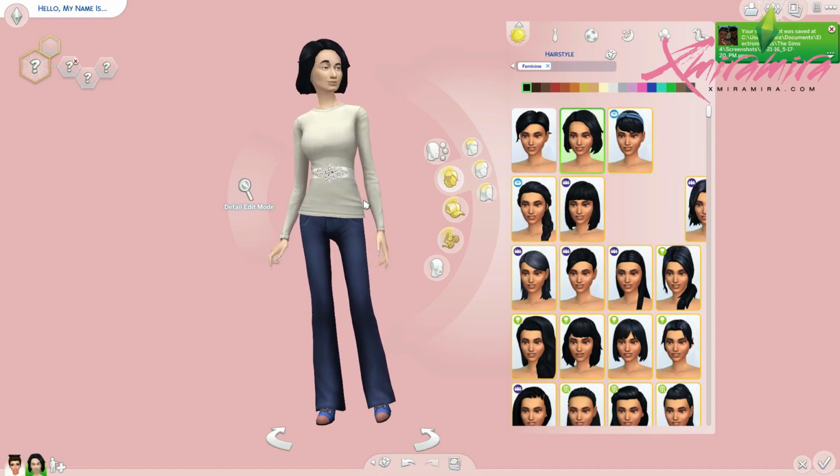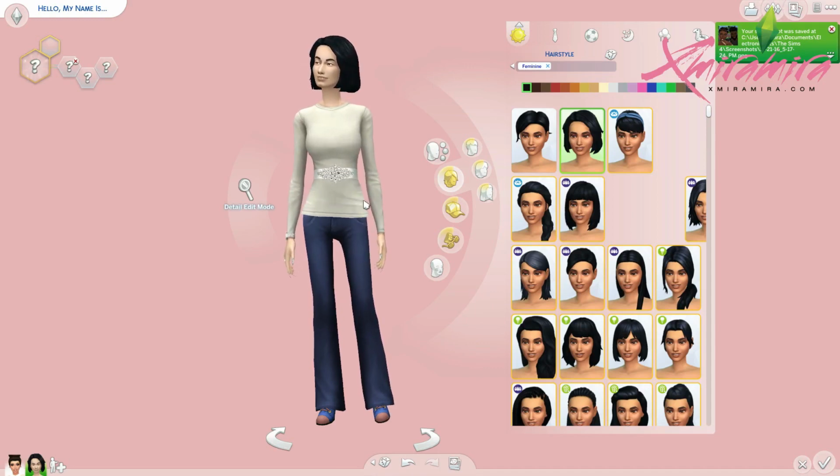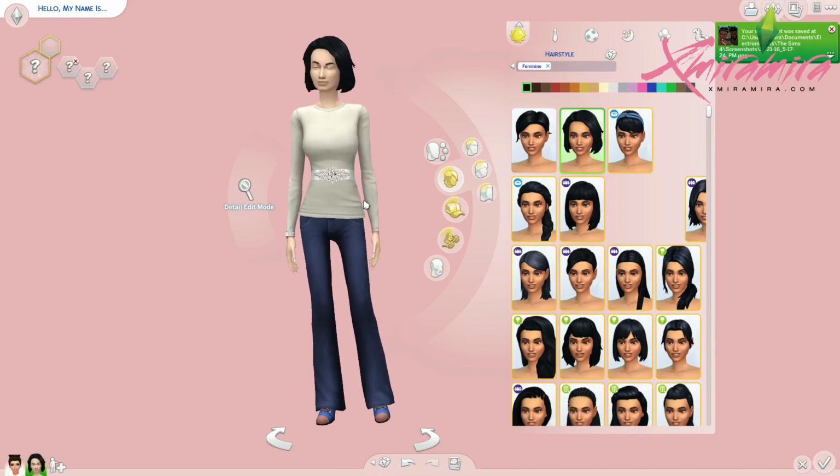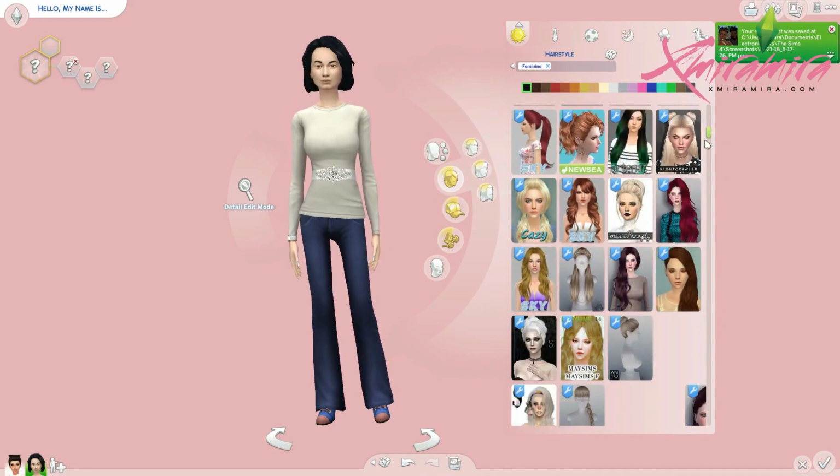I clean out my tray like once a month or once every few months, when it's tons of files. So I haven't had a dump sim yet for this tray folder, so whoever she is, she's gonna be my dump sim. And basically what I like to do is go through my Create a Sim, and hairs that I don't use,